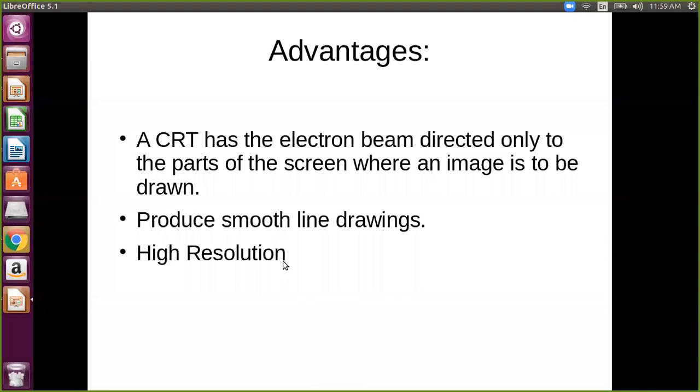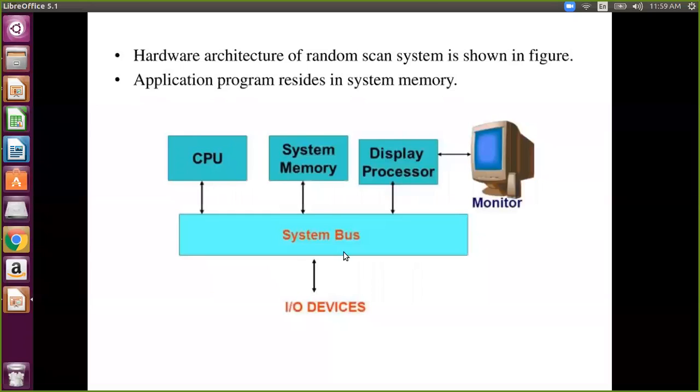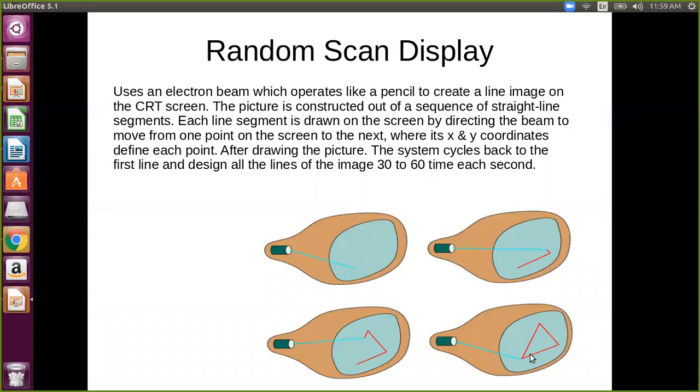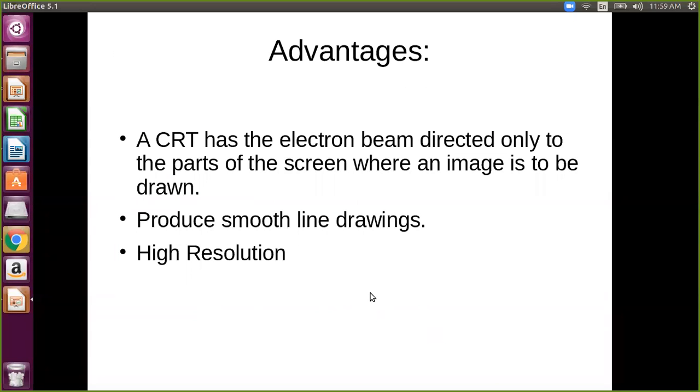What are the advantages? We are not taking the maximum portion of the display, only the portion that is required to draw is selected. That means it will take minimum time. Resolution will be high because the beam is striking continuously, and that makes resolution high. And of course the drawing will be smooth because it's already calculated.